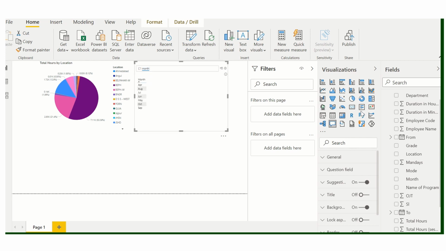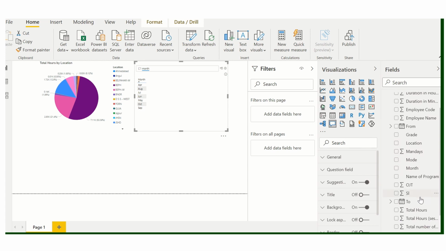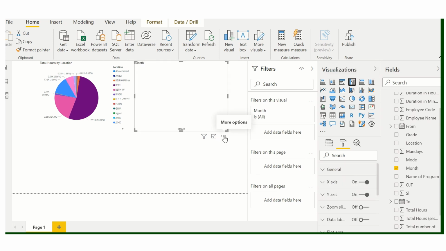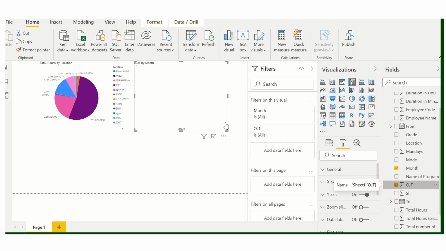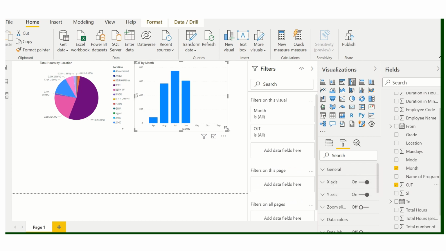Suppose we will see month wise what is the on job training. We will opt for a column chart, month wise job training.